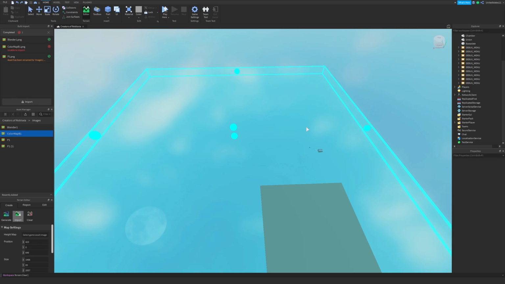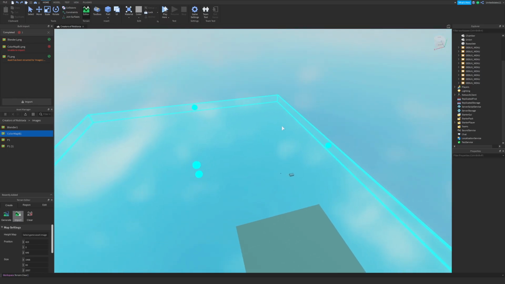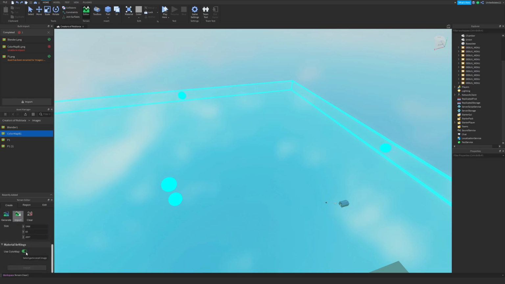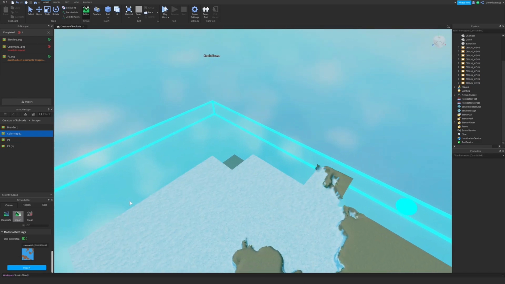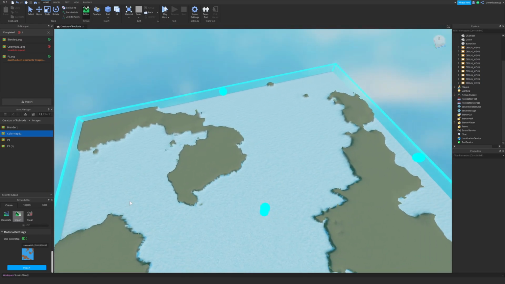Okay, so now those images have passed moderation. We have the ability to upload them as the height map and color map. Make sure you have the color map setting on. You can do that by clicking on it, make sure it's highlighted green. Oops, I closed the drop down. But now that they have passed, we can select the height map, the gray and white and black image that will define our mountains and ditches and stuff like this. And we can also choose our color map, the one we colored in paint.net. Now we can press import and it will actually load the height map. So as you can see, it loaded as we wanted it to.